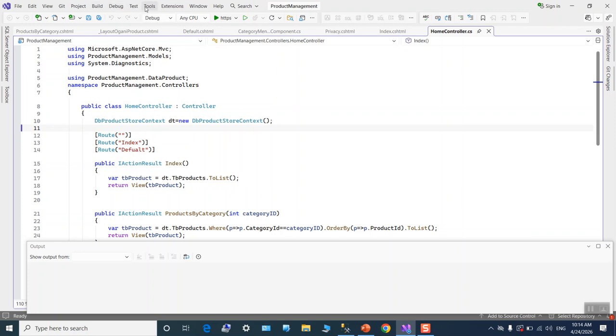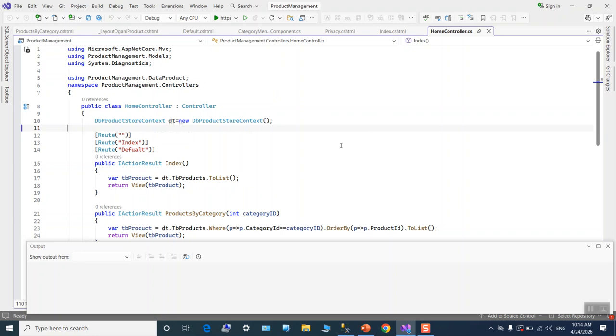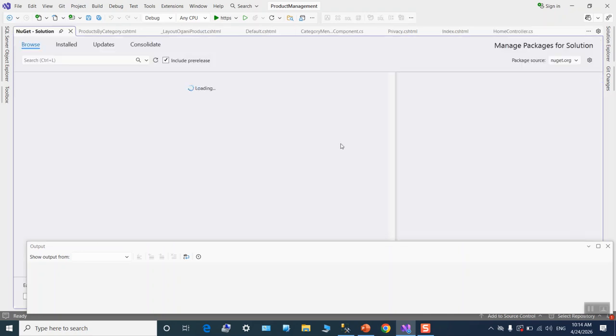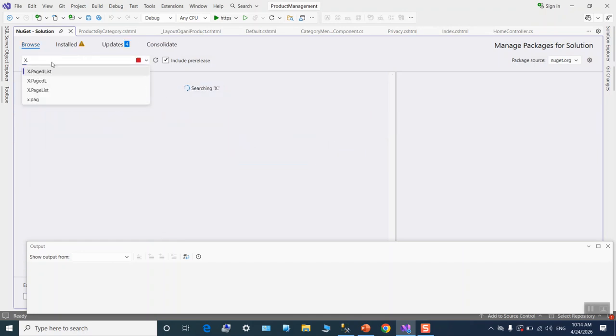Click Tools, NuGet Package Manager, and Manage NuGet Packages for Solution. We need to install two packages. X.PagedList